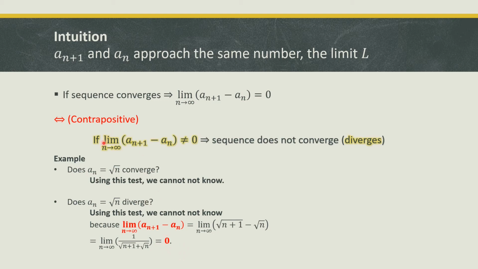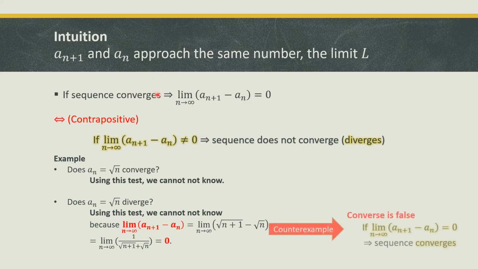And when we compute this, we actually get 0. And therefore, it is not true that if it is 0, it converges. So we say that the converse is false. The converse is, if this is true, then it converges. So we have shown that it is false in this example, right? This is the converse. If this is equal to 0, then the sequence converges. And we know it is wrong, because in fact here it is equal to 0, and yet we know that